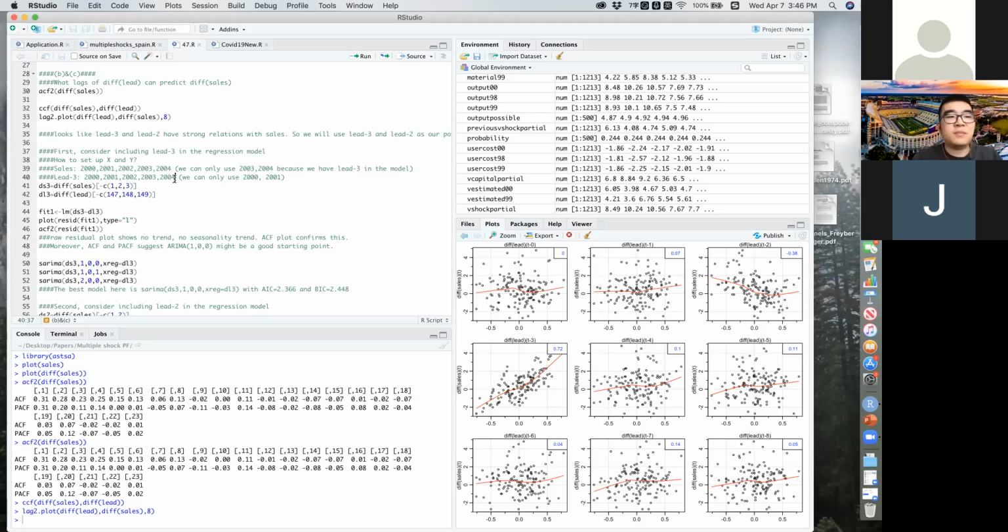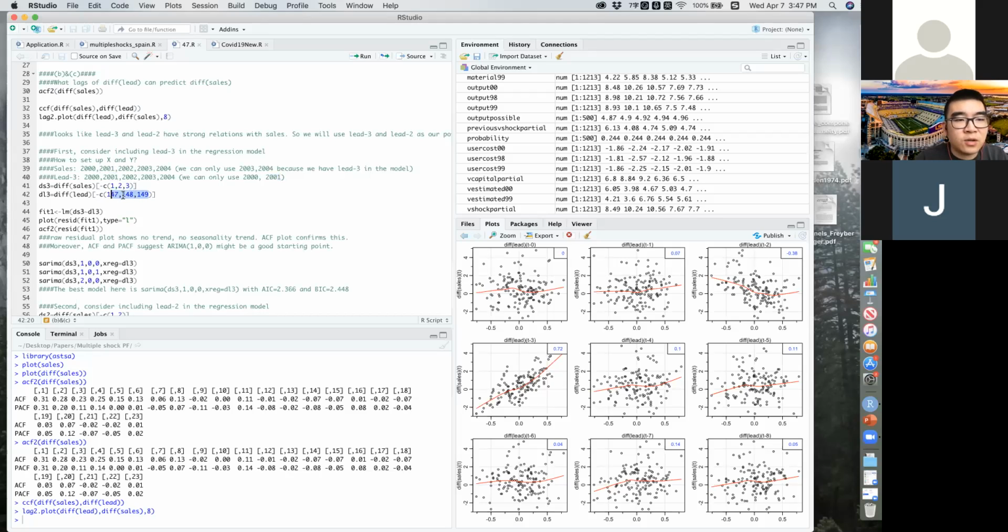So using this same idea, let's go back to our data. So for the sales data, we throw away the first 3 data points, 1, 2, 3. So this minus means that we throw away those data. Okay, so we throw away the first, second, and third data point of sales. Exactly the same thing here. We throw away 2000, 2001, 2002. And similarly for the lead data,